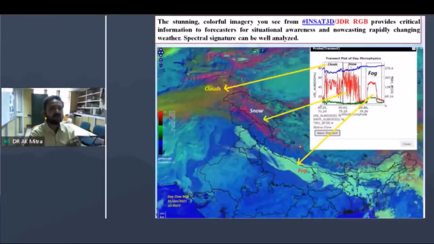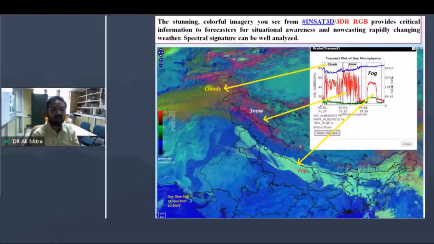Now, if I come to the research and scientific aspects of this stunning colorful imagery, from 3D RGB this provides critical information to the forecaster for situational awareness and nowcasting of rapidly changing weather. Now, what is that? It is analyzing the spectral signature, and that can be well analyzed. Now you can see where the cloud is, where the snow is, and